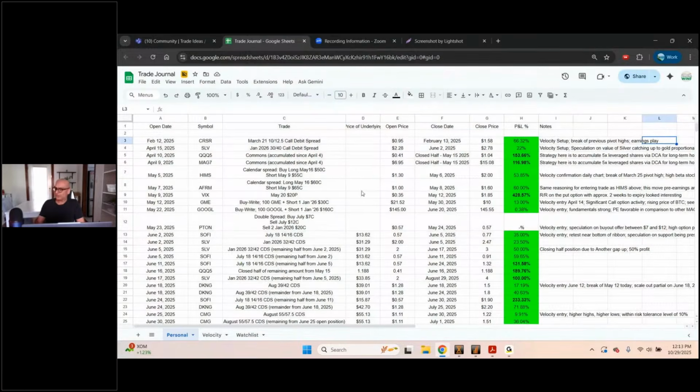And for my personal account, the biggest contributors this year have been gold and silver and some of these leverage plays. This Mag 7 here is a 5x leveraged ETF that tracks the Mag 7. Generally, these ETFs, because of the volatility decay, are not meant to be long-term holds. But when the price dropped to about 1/6 of what it was,